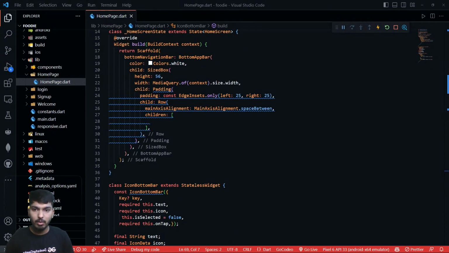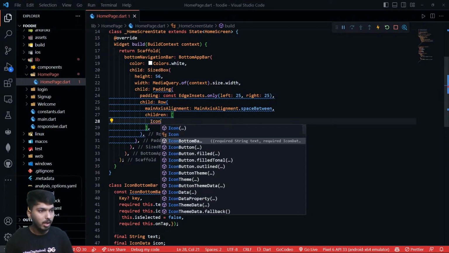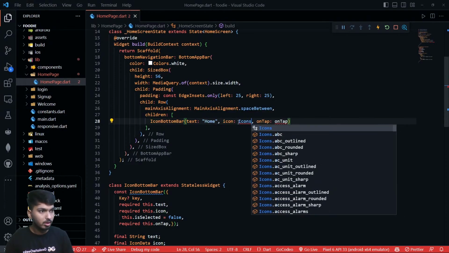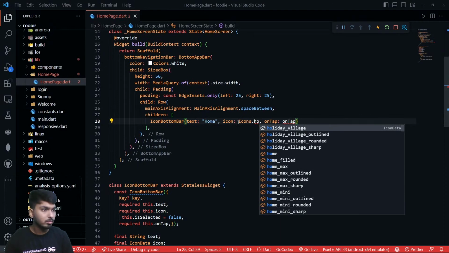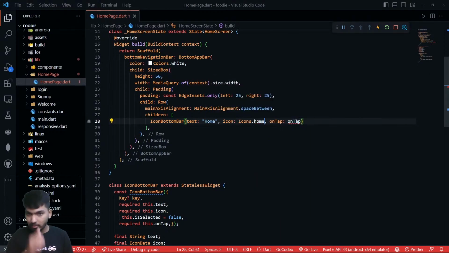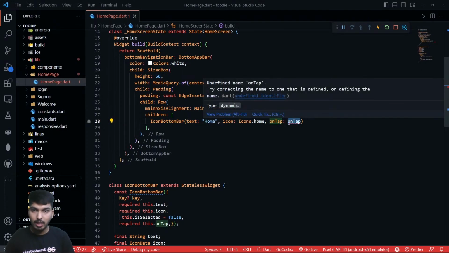Now, I'll just come right here, and above this, we are going to write the data. We are going to tell the data inside this. So I'll write icon bottom bar. So it's asking for text. So text will be home, okay, and icon will be icons dot home, okay, and on tap will be set state. We are going to set the status as,